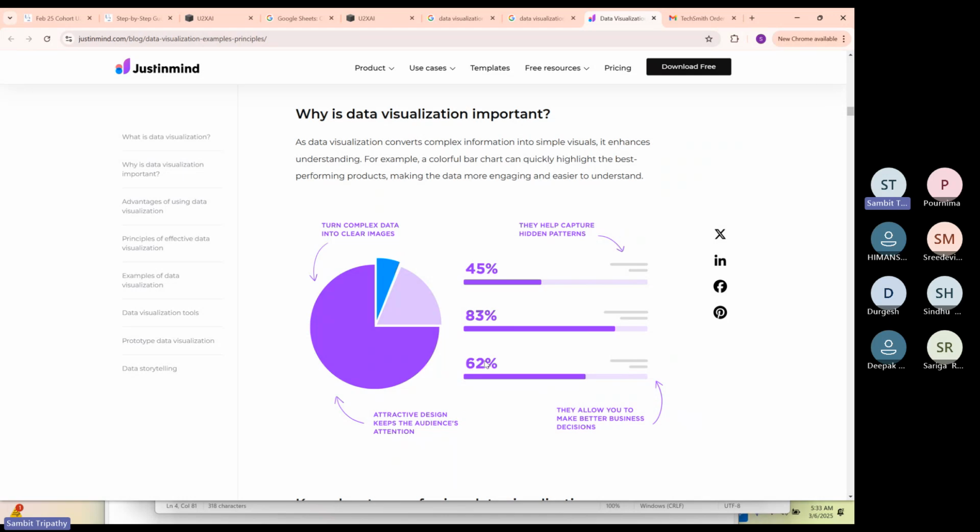It can tell you that 45% of the students scored better in database management systems, 83% of students found data structures and arrays difficult, and 62% of the students overall find the topic difficult. So you can have a pie chart on the left and an explanation on the right. That is how you can understand that data in a much better way.